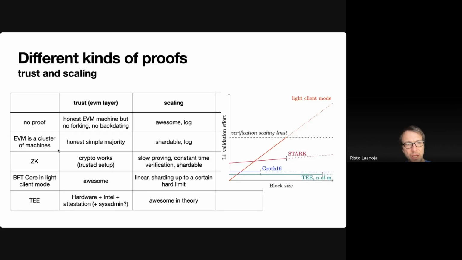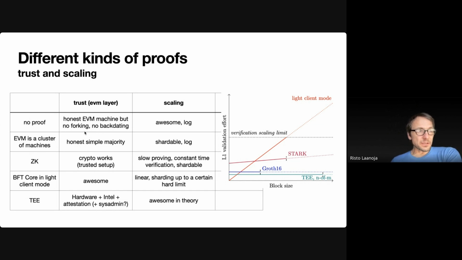Let's continue discussing what kind of proofs there can be. Because we have this extra freedom, we don't have to use these very small 200 byte proofs that Ethereum layer 2s are using. We can do anything. So, for example, we can have no proof at all. Instead, we just